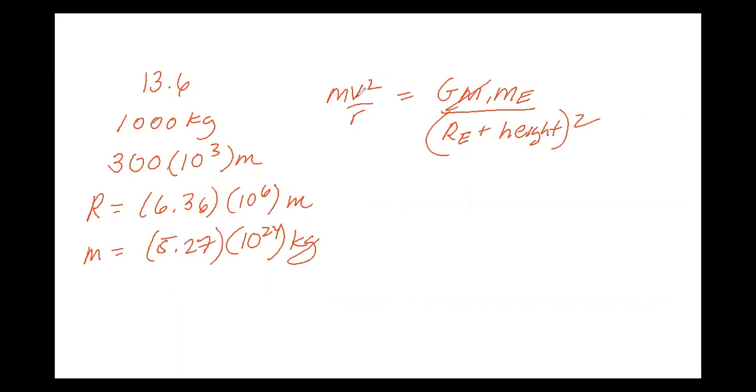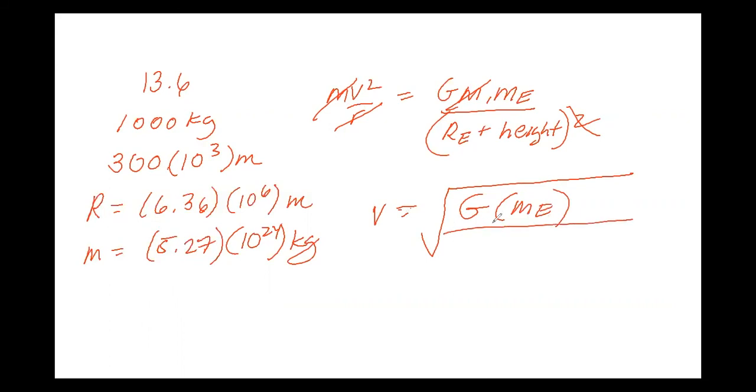So the m's are going to cancel, and one of the r's cancels with that. So v is going to be equal to the square root of G times the mass of the Earth over the whole distance from the center,